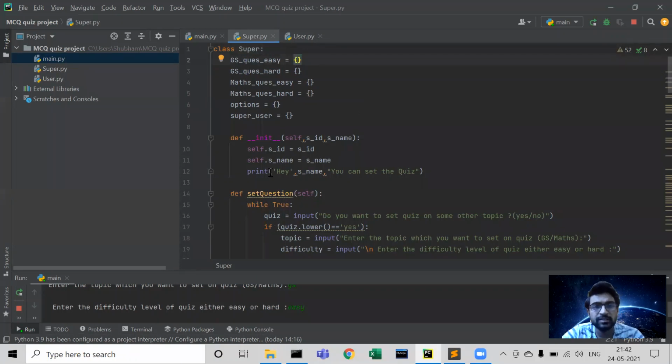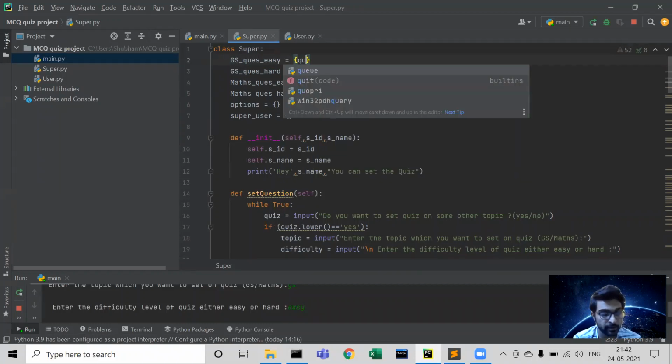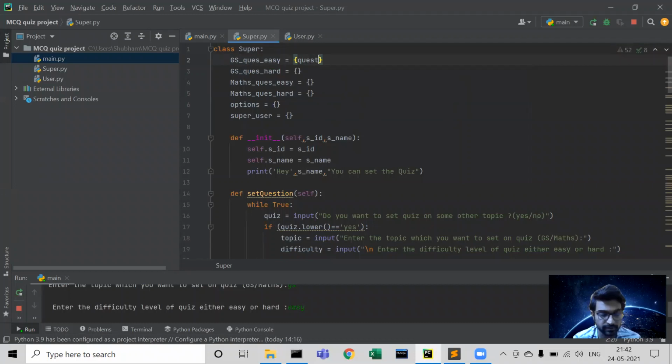Now GS questions easy. As we all know, a dictionary is in the form of keys and values. So here we can use questions as keys and answers as values, because we all know that keys are immutable.